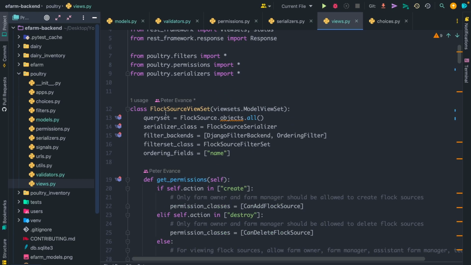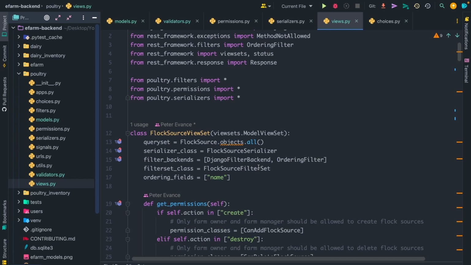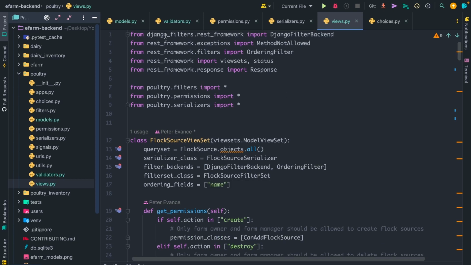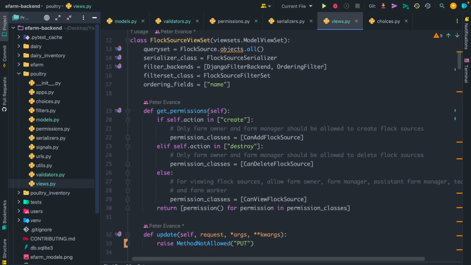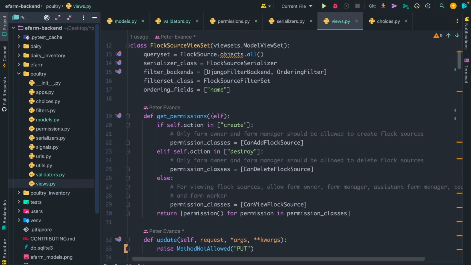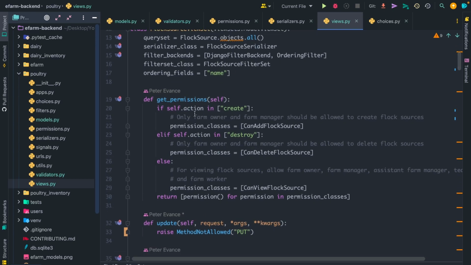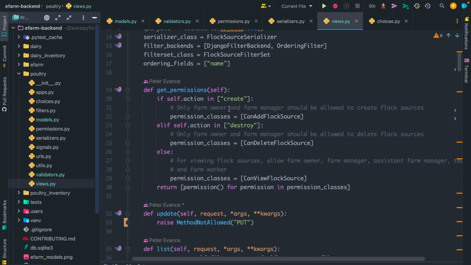Starting off with our Fluxus viewset, we are activating the filtering as well as the ordering aspect of our Fluxuses based off the name. The DjangoFilterBackend over here is imported from our package, django-filters, as well as the OrderingFilter class, which is imported from the REST framework filters module. Then we also override the default get_permissions method in our model viewset class, where we ensure that all the permissions I've just briefly talked about are applied